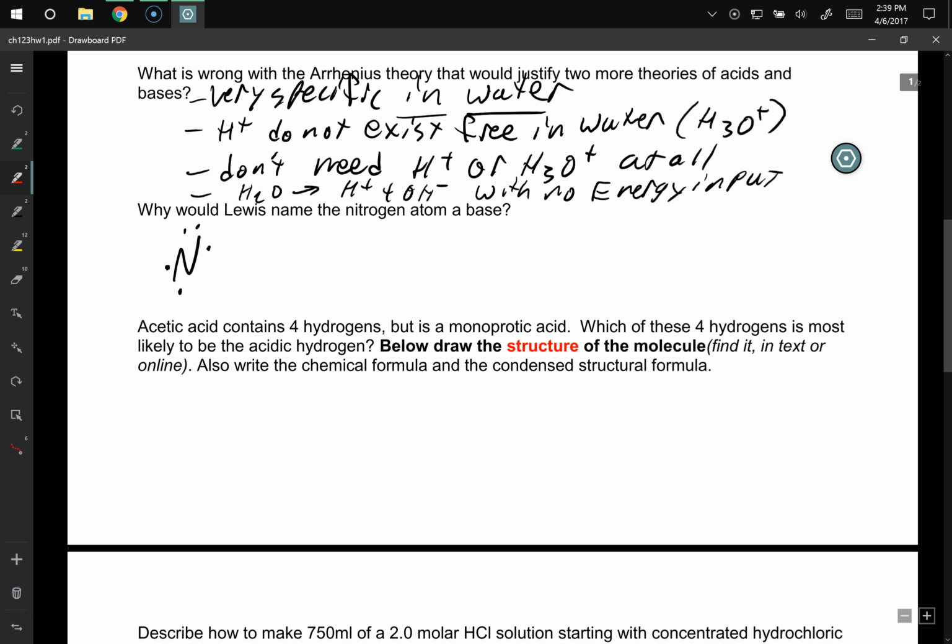And then the nitrogens, based on their position on the table, typically make how many covalent bonds? 3. So then if I have a bond going off in this direction, and a bond going off in that direction, and a bond going off in that direction, what do I have here? A lone pair of electrons. So these lone pairs of electrons